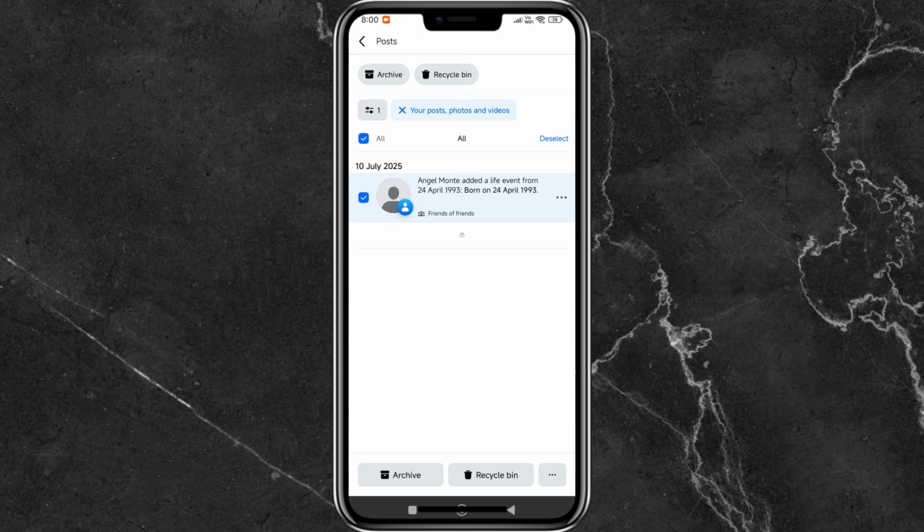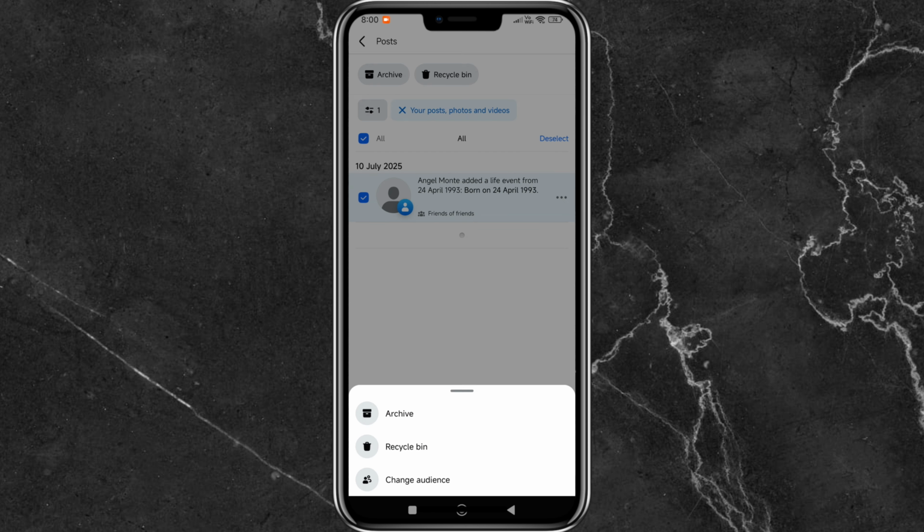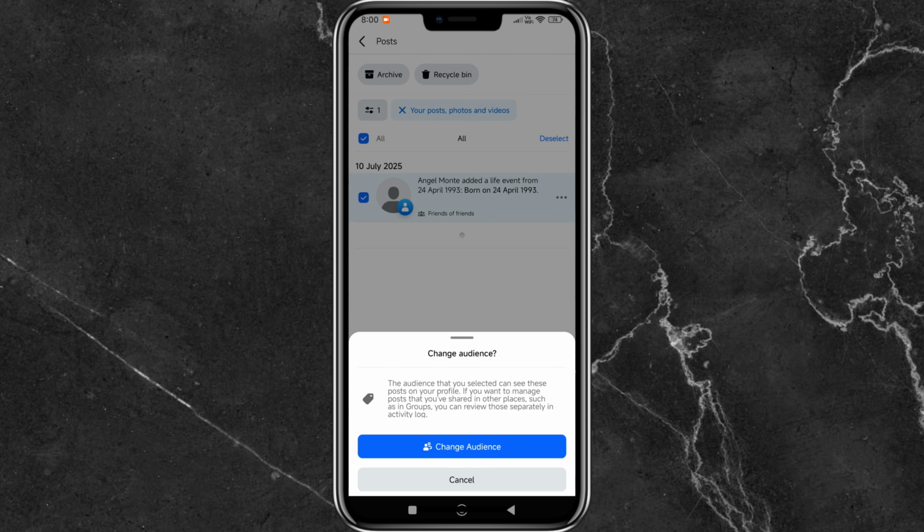After that, go on the bottom part of the screen and then tap on these three dots. After that, a pop-up menu will appear. Tap on the change audience option, and then in here we'll have to tap again on the change audience option,